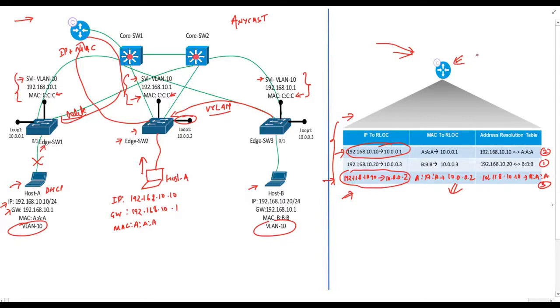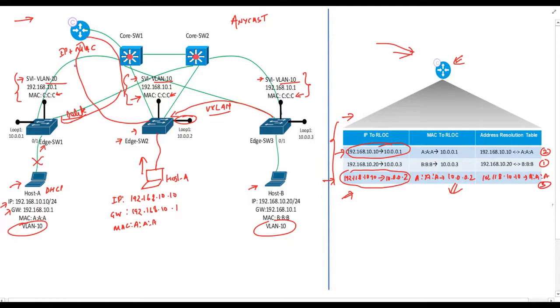So far, so good. One important question here is that in previous videos, I mentioned that one of the benefits of using SDXs is that we don't have to extend the VLANs because it creates a large spanning tree domain, right? But here we can see that on every edge switch, we have created VLAN number 10, right? Isn't the above statement ambiguous? I would say no. Let's clear this doubt.